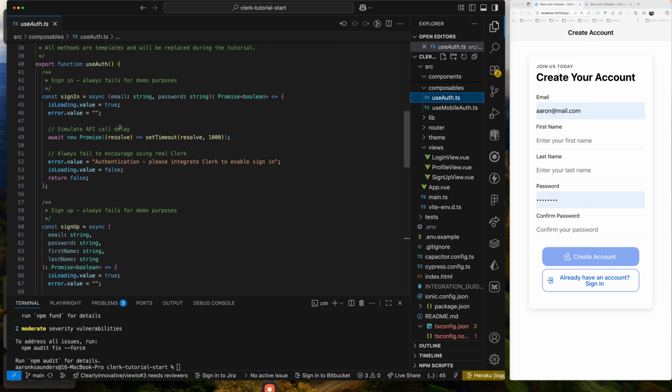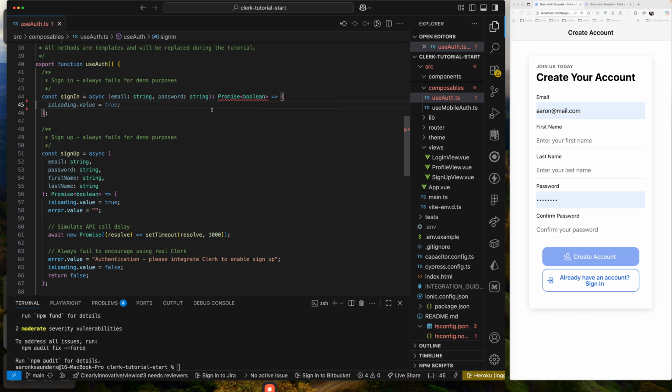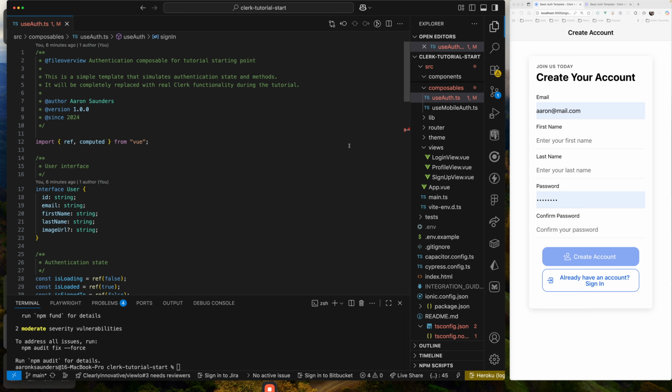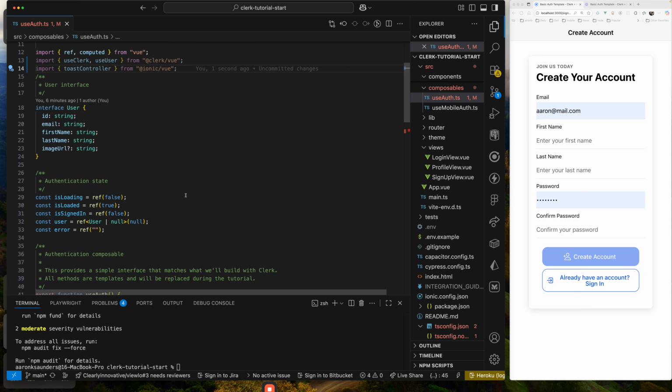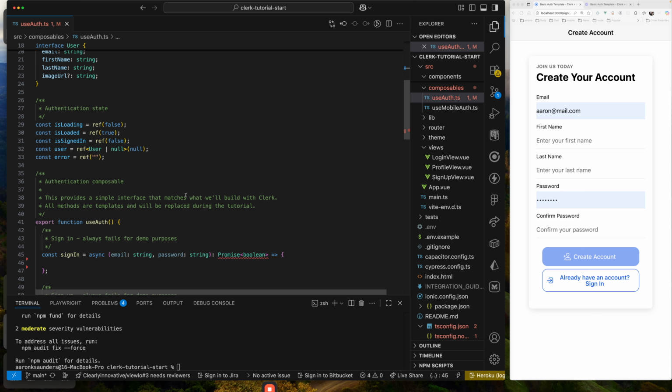So what I'm going to do just to make my life easier, I'm just going to delete everything that's inside of sign in, since that's where we're going to start, and we're going to replace it with some new code. So first, let's make sure we have our Clerk imports that we need. And so we have this use Clerk, which will get us a Clerk client, and use user, which will get us information about the current user. We're going to add some toasts and leverage Ionic toast controller to give you some visual cues when state changes